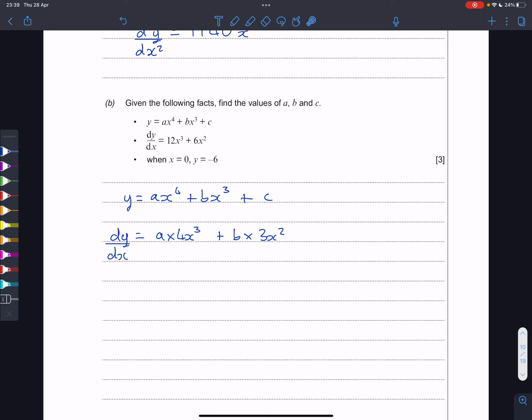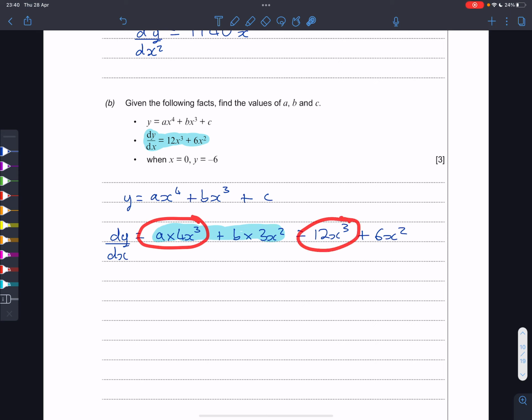Okay. So you also know about the dy by dx. You know that dy by dx equals 12x cubed plus 6x squared. So this also has to equal 12x cubed plus 6x squared. So if we look at both sides, they have to match up. So this a lots of 4x cubed has to equal 12 lots of x cubed. This is called equating both sides. So if I equate